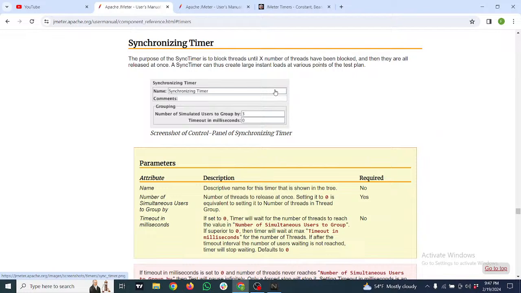Synchronizing timer. Number of simultaneous users to group by, 3, timeout in milliseconds. Number of simultaneous users to group by: the number of threads to release at once. Setting it to 0 is equivalent to setting it to the number of threads in the thread group. Timeout in milliseconds is set to 0. The timer will wait for the number of simultaneous